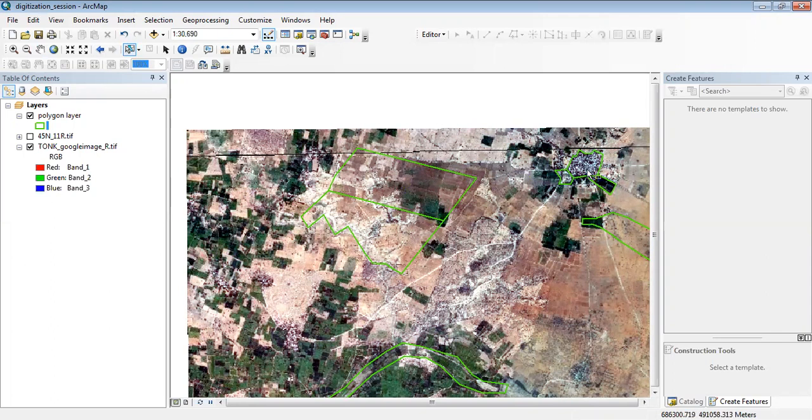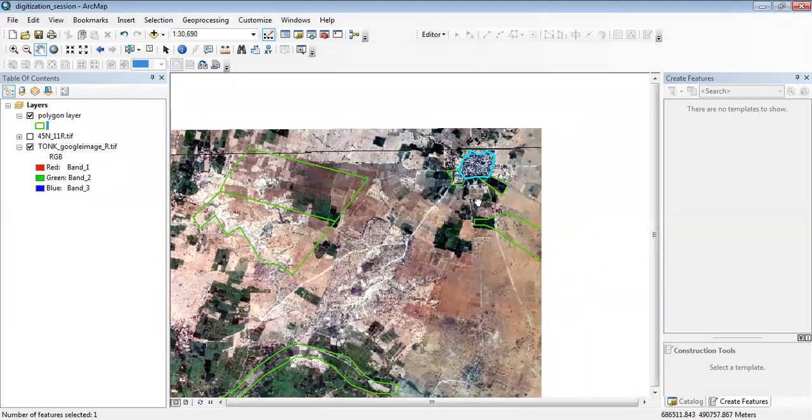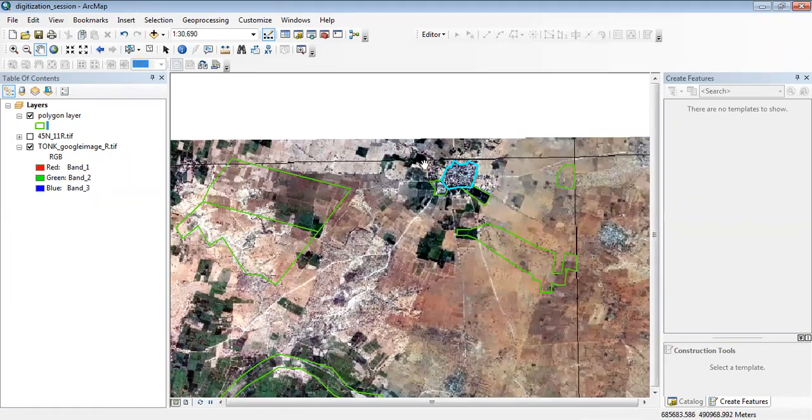If I select this polygon, this is our settlement polygon, and then I want to clip my raster image using the selected polygon, according to this polygon.